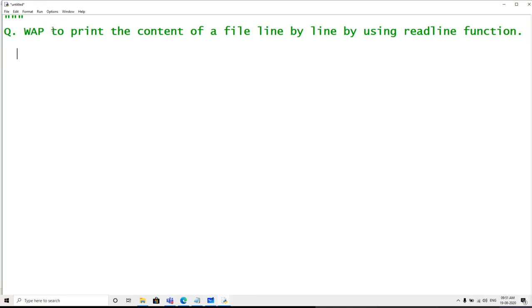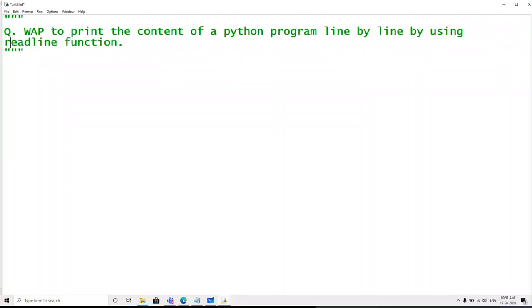There is no problem in that. As I said, you can read anything by using this concept, to print the content of a Python program, line by line by using the read line function. That's it. And that program is read1.py.